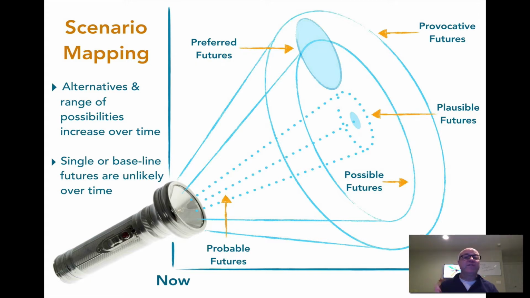So it points us to five futures here: the probable futures, the most likely, which are close in a straight line, linear and close to the flashlight; our possible futures, which scenarios help us look at; preferred futures, which are aspirations, we want them to happen; plausible futures, which are further out but close to that linear line; and the provocative futures, which are sort of crazy and ridiculous,